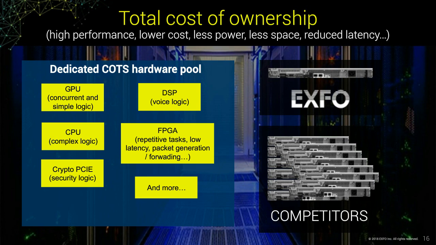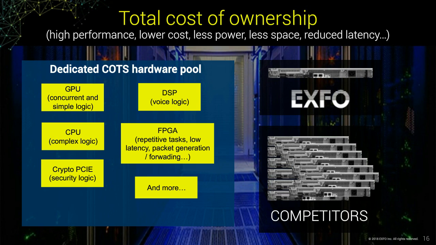I'll tell you as an example, right? If some of the complex logic is implemented in a GPU instead of a CPU, or repetitive tasks that an FPGA is good at doing are implemented in a CPU, the total cost of ownership is going to considerably increase. Okay, so you have to create your test plan in such a way that you consider all these different things and make sure the vendor implementation is going to help you reduce the total cost of ownership, which is very, very important. So the test plan should consider that as well.